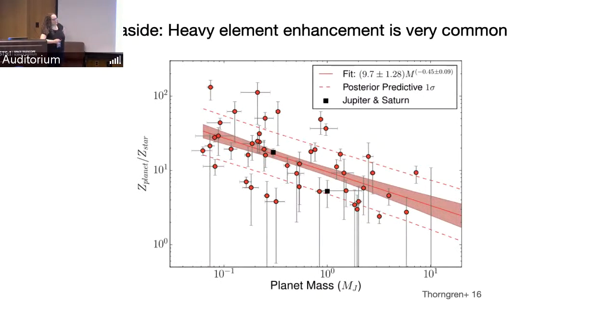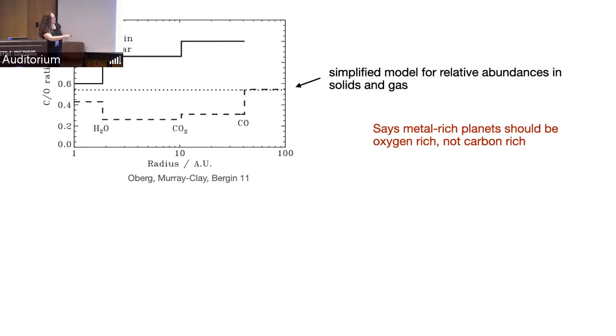Side note, people often say, oh, this means gas giants forming out in those regions should be carbon rich. But actually, if you look at the metallicities of planets that are observed, they're all superstellar. Jupiter's is 3 times solar. You're adding a lot more solids than you are gas. So even just in this basic theory, most of the things should be oxygen rich, not carbon rich. Okay, that's a side note for those who think about these things.